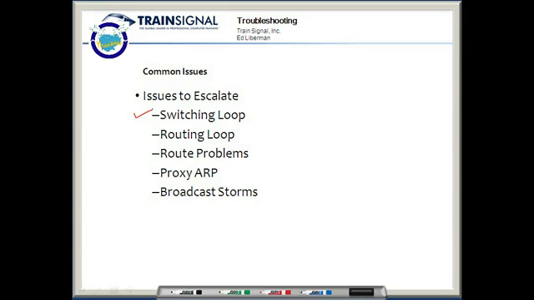It doesn't really know where to go. Now, when we talked about switches, we talked about something called the spanning tree algorithm. The spanning tree algorithm is supposed to help prevent switching loops, but it doesn't always work. And I can tell you firsthand, only about a month ago, here in my office, we accidentally ended up with a switching loop. It just kind of happened out of nowhere, because when I went through to troubleshoot the situation,